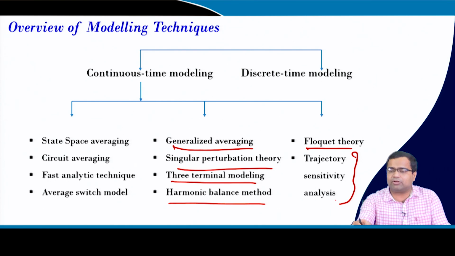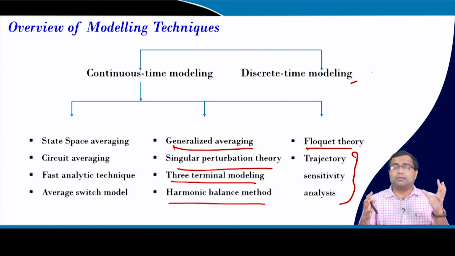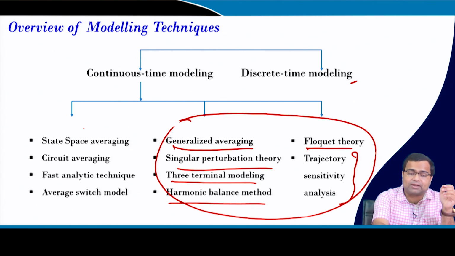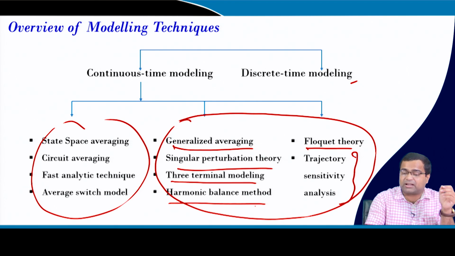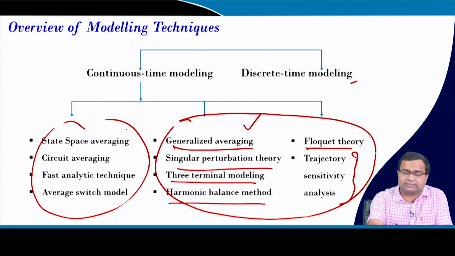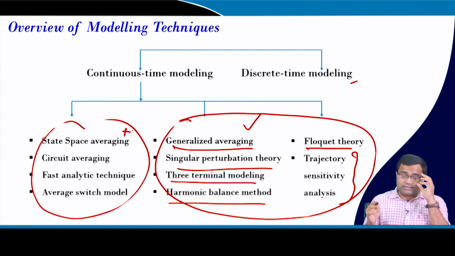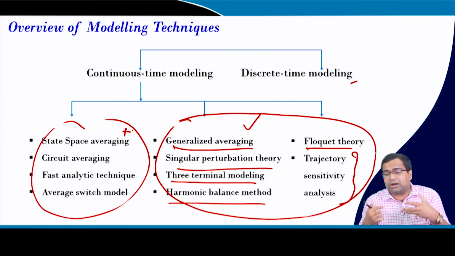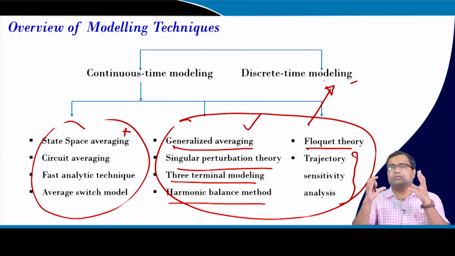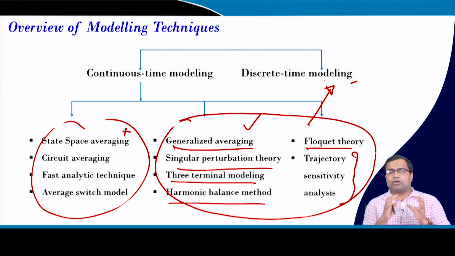And the discrete time model, I already told, is a very accurate model, but the majority of these models are slightly complicated compared to the traditional model, particularly when you go for Floquet theory, harmonic balance. These are slightly complicated, but these techniques are more accurate than this technique. Okay? So, this can give more information, but when you go to discrete time modeling, it is even more complex because of the solution of the matrix, writing matrix equations. So, we need to deal with different modeling techniques.